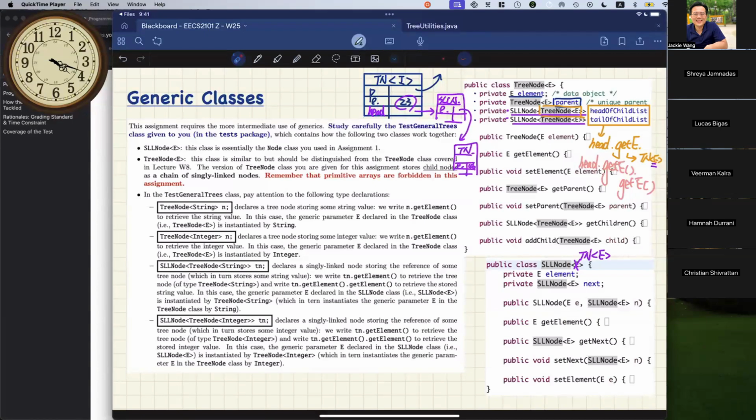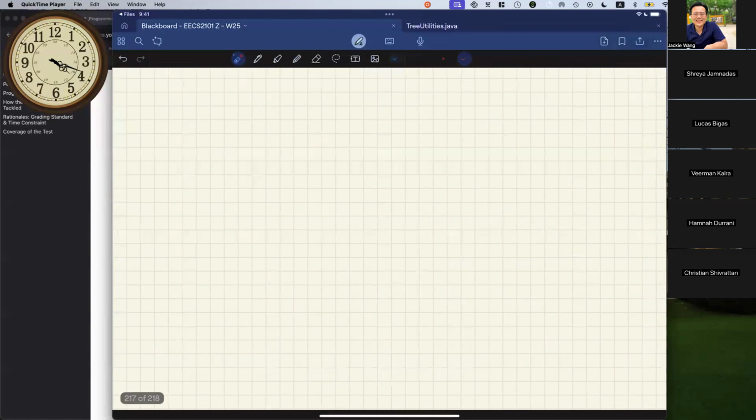Tree node basically points to the head. The tree node over here, okay, let me just do a little bit more illustration for you guys. I can point to you another thing that's more complicated. How about we do this? Let's say conceptually you have this tree here. Let's say I got 23, and then I got 46, I got 69.